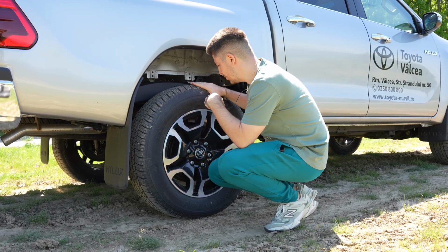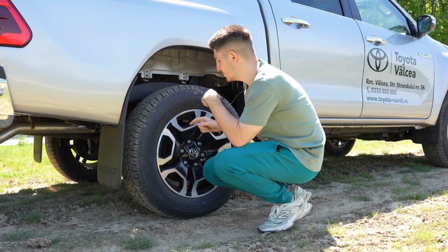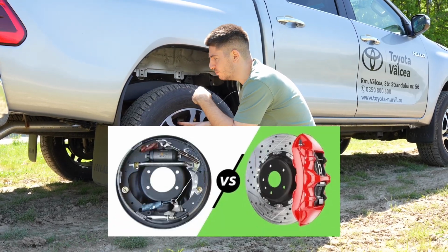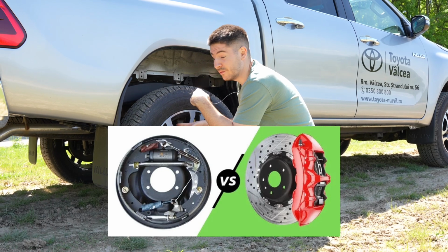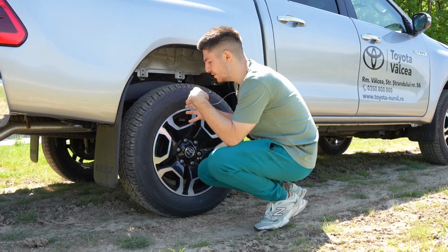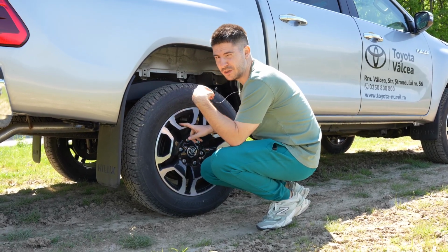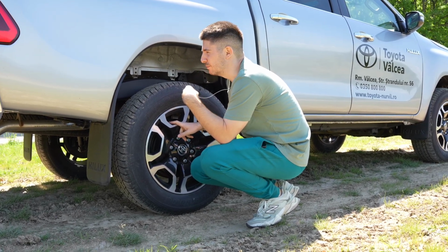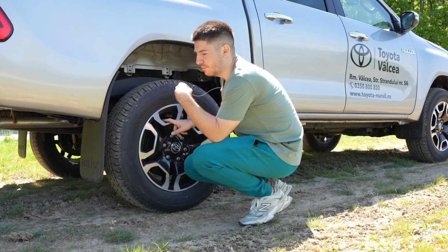You have 18-inch alloy wheels with brake drums. In case you didn't know, brake drums are more efficient when it comes to braking than brake discs. But brake drums have a very fatal flaw. Being enclosed, they heat up pretty quickly. So for road applications, for a high performance vehicle, for a powerful vehicle, they would heat up very fast and